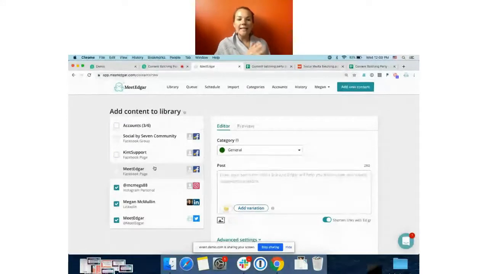So it's a great way to separate different brands. Like if you're using this for your company, but you also want to use this to brand your